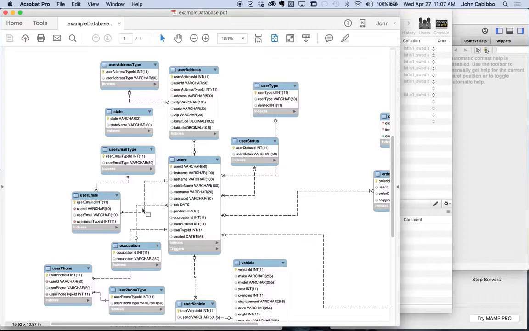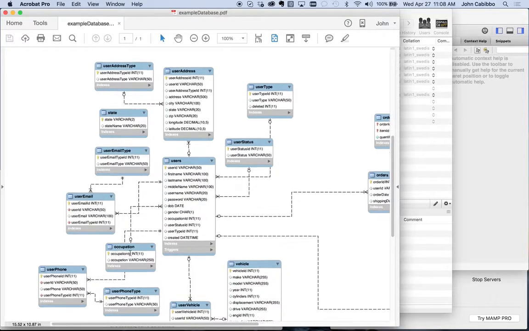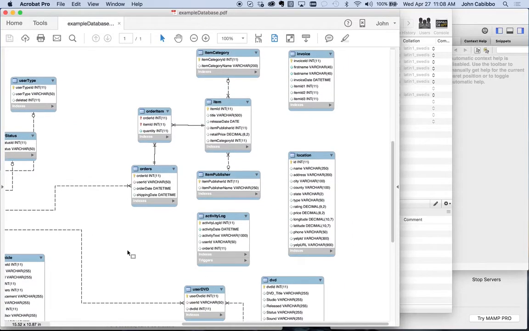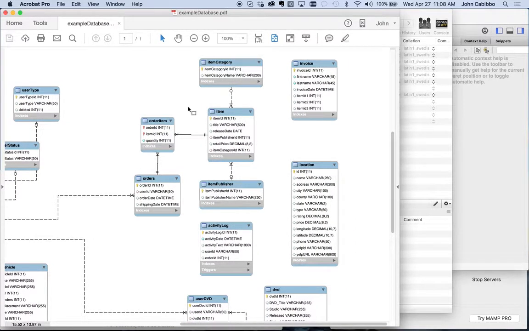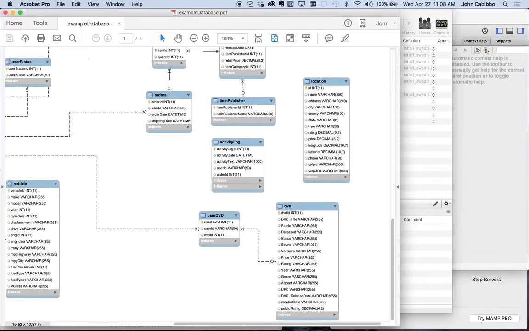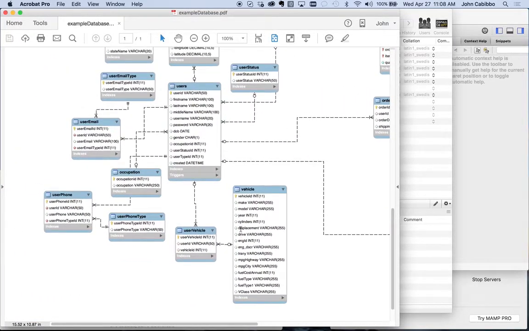And it also had these lines going between the tables. And those were called foreign keys or relationships. We also designated primary keys by the little yellow key next to a field. So here it was user ID, here user email ID, down here occupation ID. And this diagram has every table in the database, whether we go from item category, DVD, vehicle, user phone,